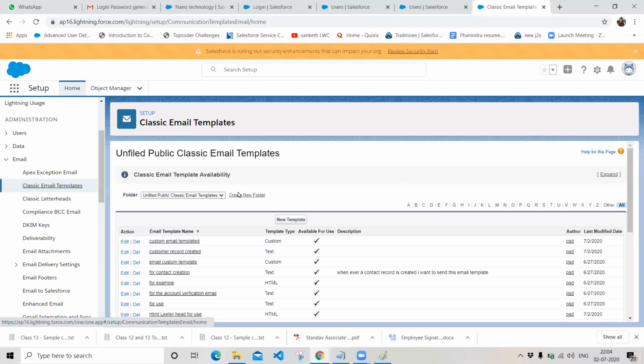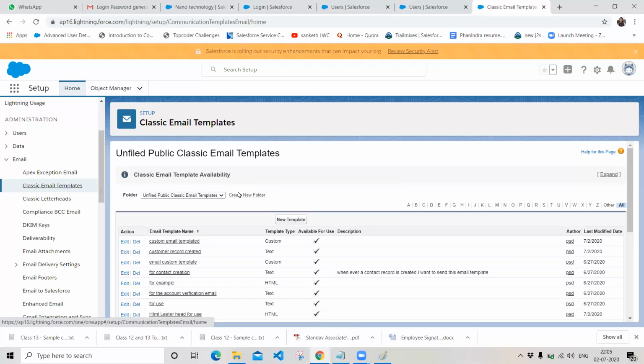You don't want to manually collect details like the email ID from the customer record and send an email manually. You want Salesforce to automatically send an email to the customer whenever a customer record is created. In order to do that, we have an automated functionality called workflows.